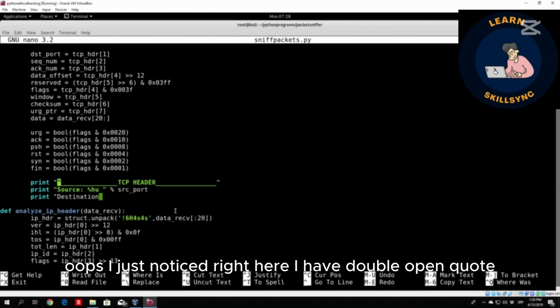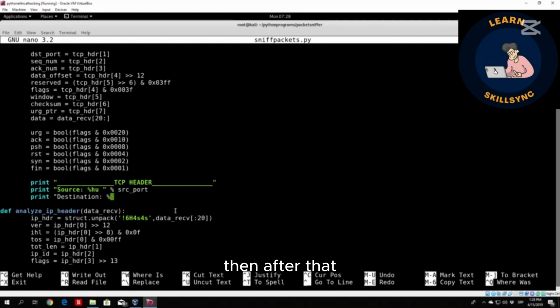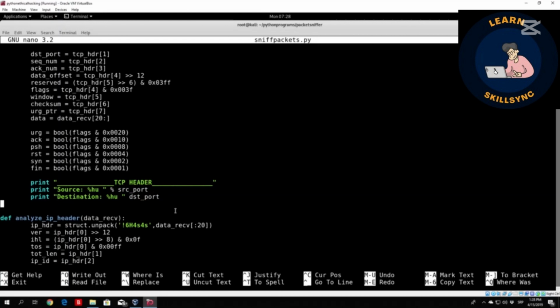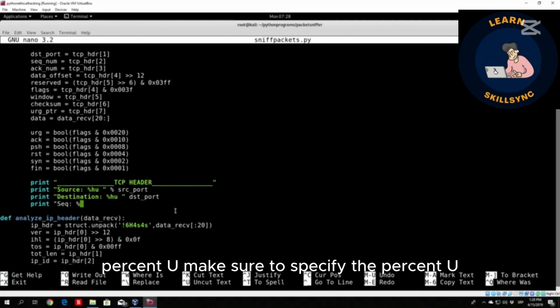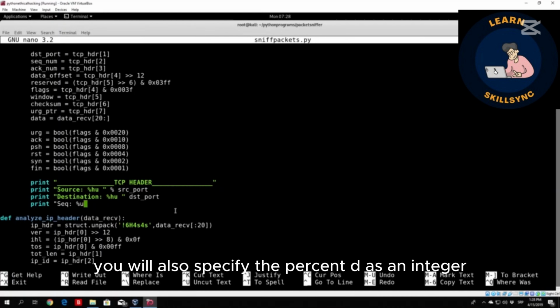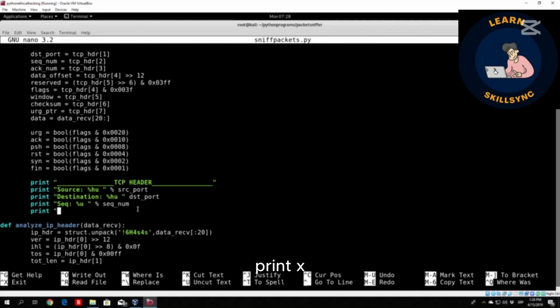Oops, I just noticed right here I have double open quotes, so not really sure why I typed that. Destination, then after that we need to specify the dest underscore port, print. We can call this sec. %u, make sure to specify the %u, and for the flags you will also specify the %d as an integer, since that is the value that we are retrieving from the actual flags variables. So this part right here that we coded. So let me just do the sequence number, so sequence underscore num, print ack